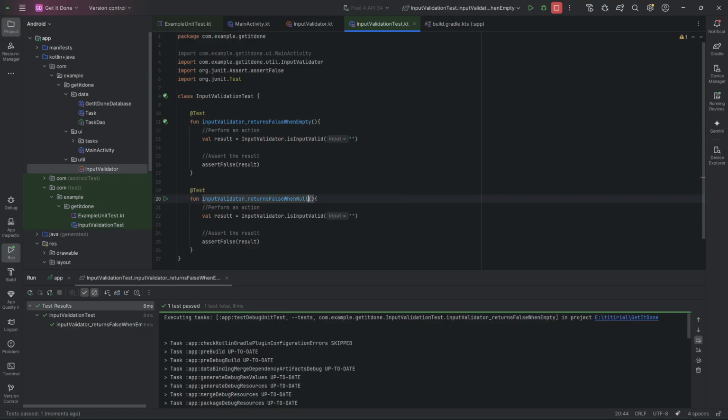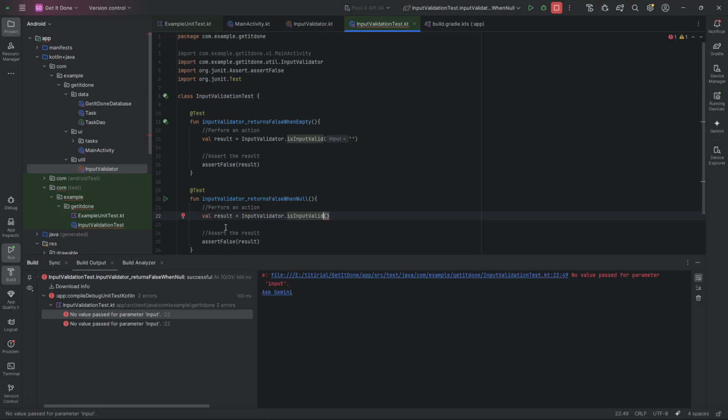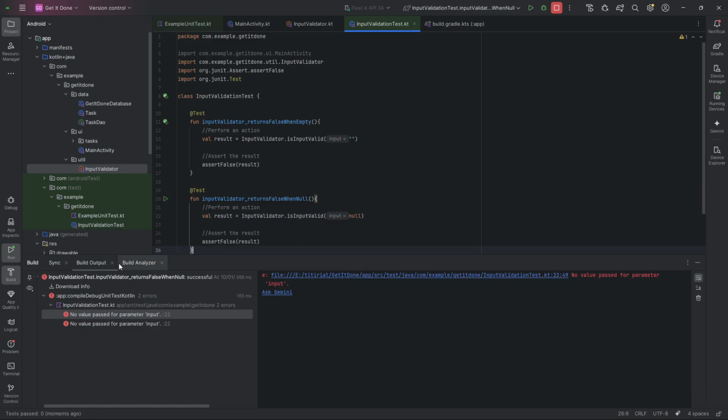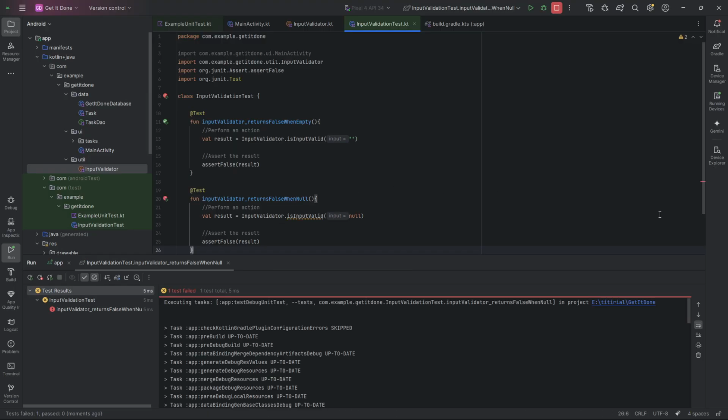Okay. We should test a spacebar. So it returns false when only white space. So I can go and do a few spaces there, and that test should also pass because that is false. We trim that. Very good. We should do a successful scenario, so it would